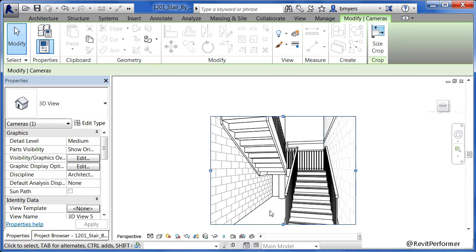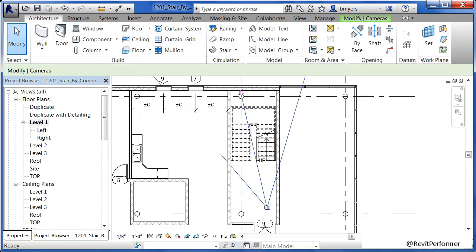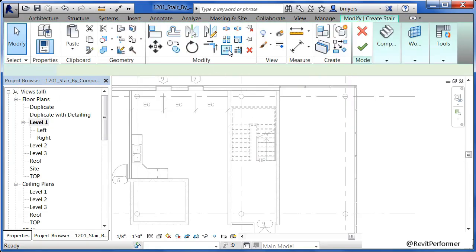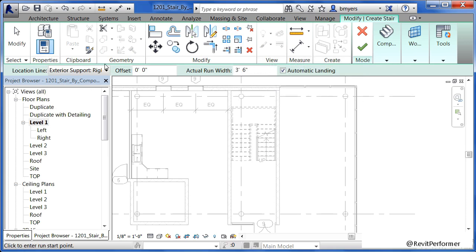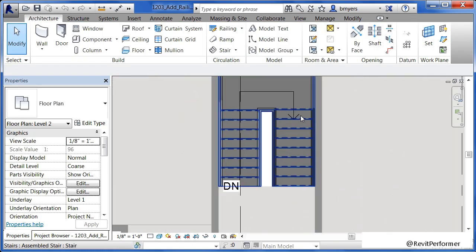But as you can see, in order to place the staircase inside of a space, and I'm going to go into a plan view to show this, you'll select on the Architecture tab, choose the Stair command off of the list. Make sure to pick your location point so that it's in the right spot. When we first had it, it said center, and that would have drawn that outline straight down the center of the staircase. Instead, we picked exterior support right, which meant that we could specify where the outer walls were at, and then draw it down in this direction, and also specify the width of the staircase so that it will fit. But what it does have is it already has some railing showing up here on our staircase.